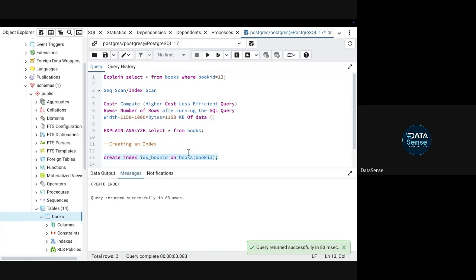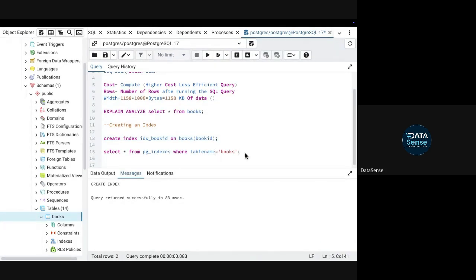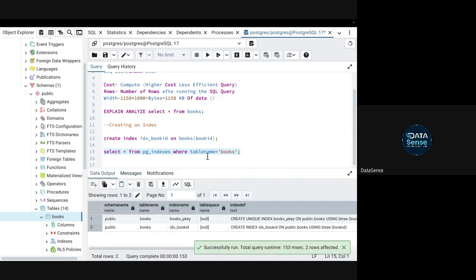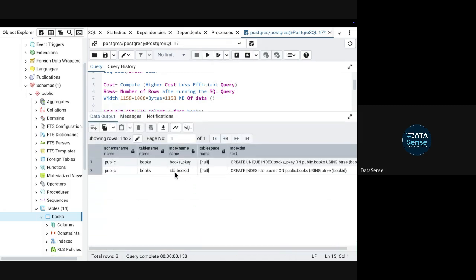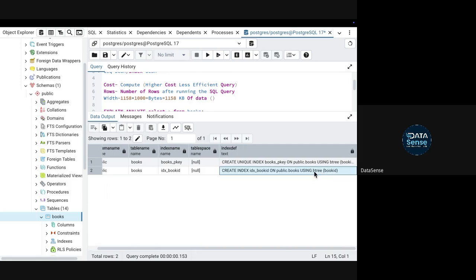Once you do this, your index is created. Now, if I check the indexes of my database, I'll see this index created on book ID, which I just created. And you see B tree. What does B tree mean? Binary tree. It means that on this filter which I created, book ID, this variable, it will use the binary tree to always search anything.